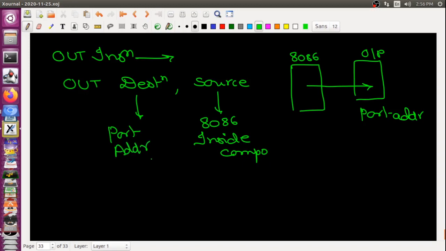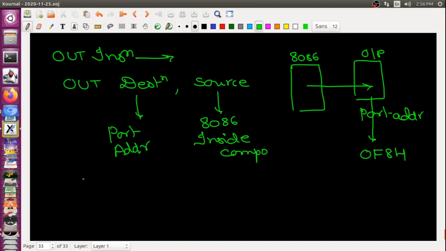I will give you one example. Suppose I have an output device with the same port address that I took for the input, 0F0H.